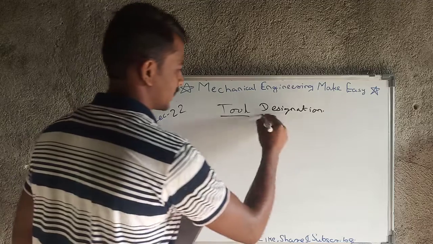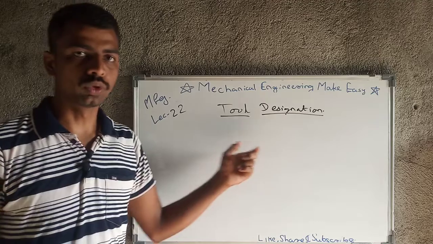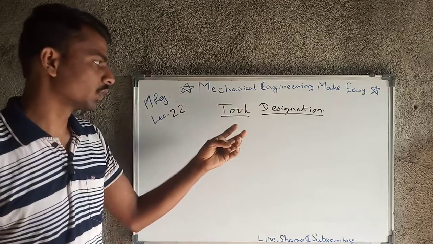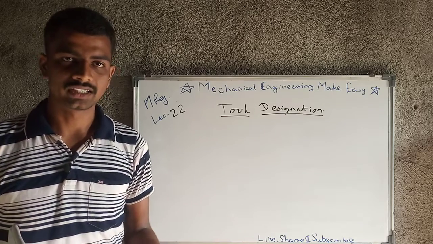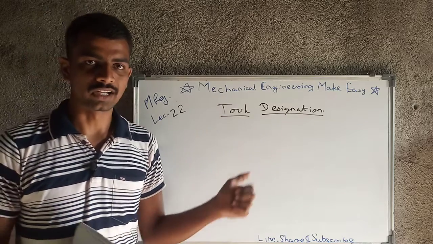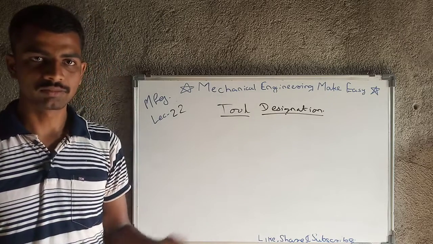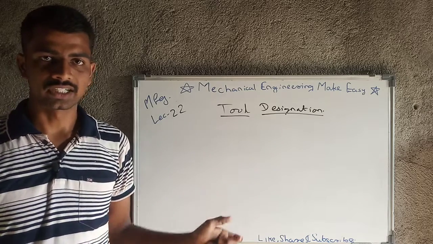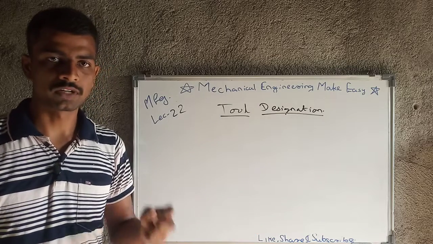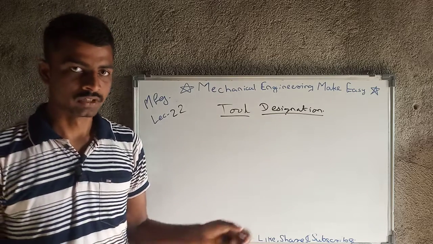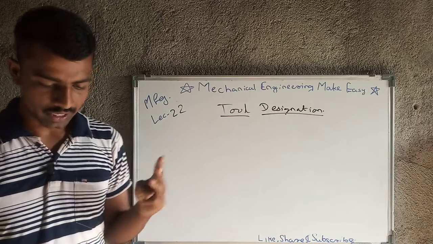So without wasting any time, let us move towards our main topic, that is nothing but tool designation. In today's lecture we are going to cover the tool designation. In the previous lecture we have covered the single point cutting tool geometry and all the basics of metal cutting. And what exactly is tool designation? Tool designation is nothing but if there is any single point cutting tool, then how we are going to denote that single point cutting tool with the help of different parameters like rake angle and etc. The tool designation is going to have mainly three types, and that we are going to cover.